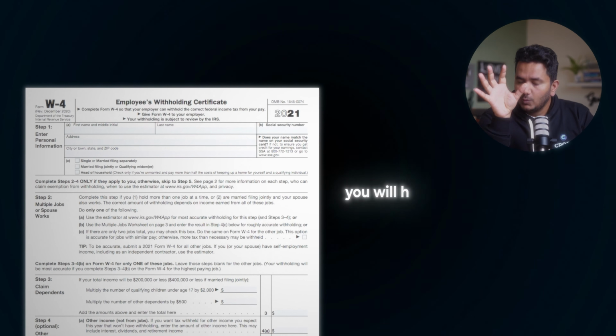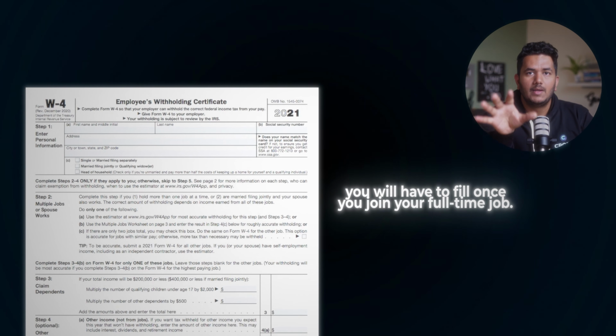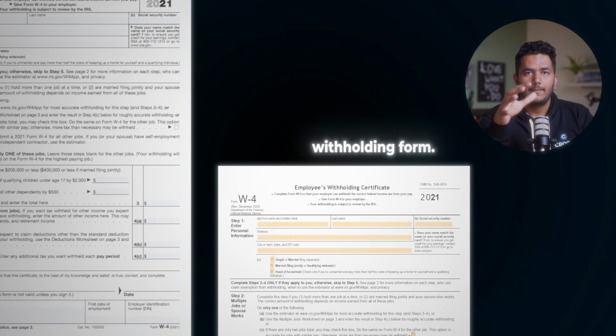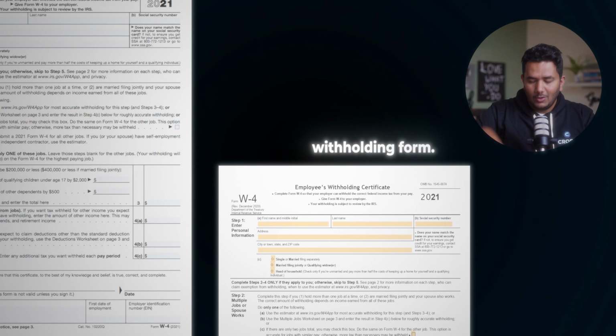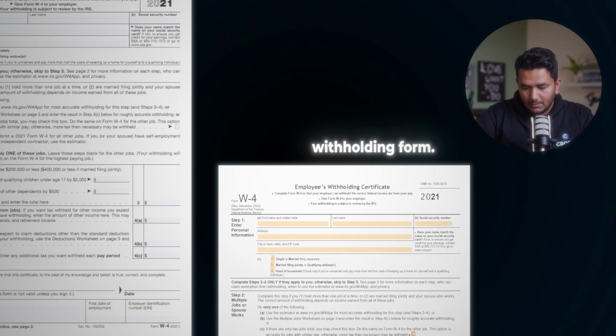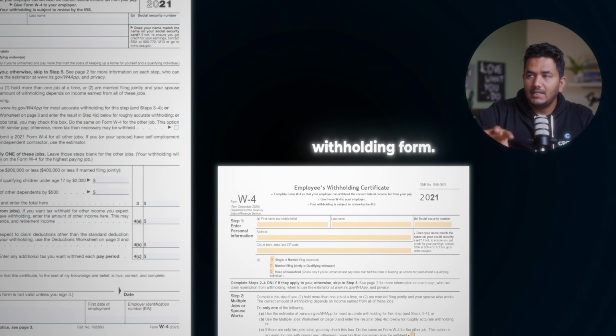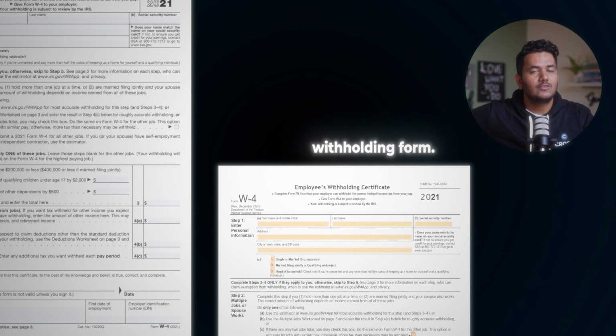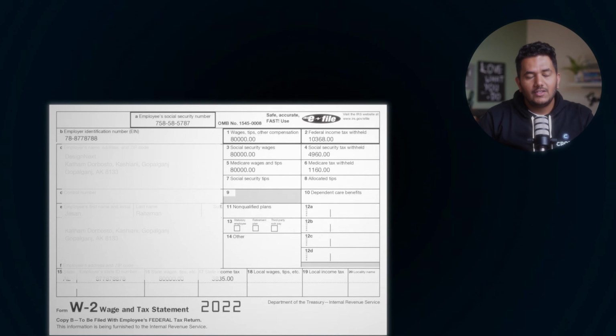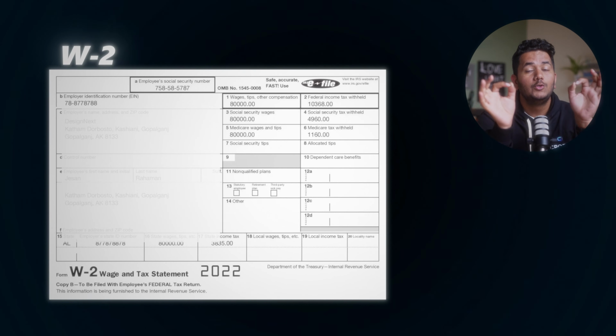And this is the form that you will have to fill once you join your full-time job. It is a withholding form. Basically it means that your employer will take a certain portion of your earnings and send this money to the IRS, or to the government. So your company is not actually keeping this money. They are taking this money, doing a favor for you and doing some paperwork for you, and giving that money to the IRS. At the end of the year, they will give you a form called the W2 form, which